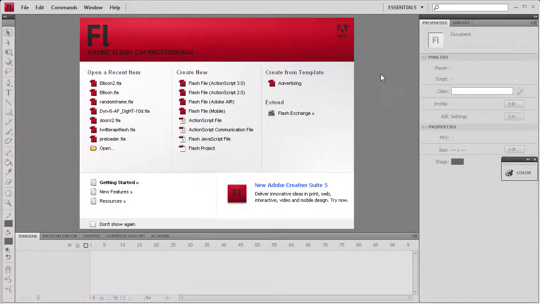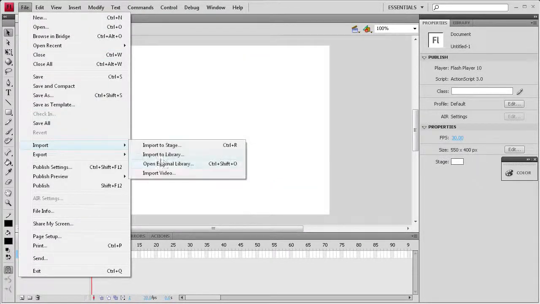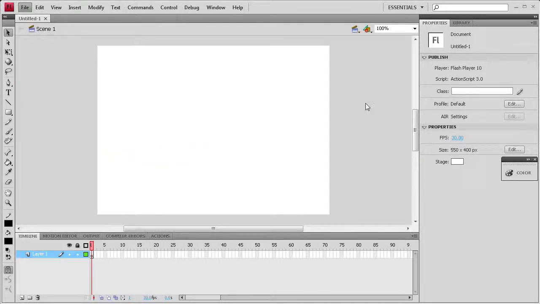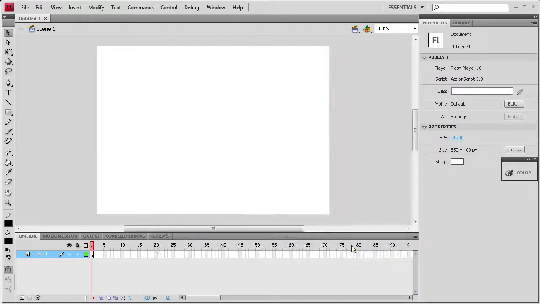Today's tutorial is going to be showing you how to generate a random frame using Flash and ActionScript 3. So to get started, we're going to create an ActionScript 3 file. Then I'm going to import some images into the library in order to use them later in the tutorial. So I'm just going to select them and then open them, and they will show up over here in the